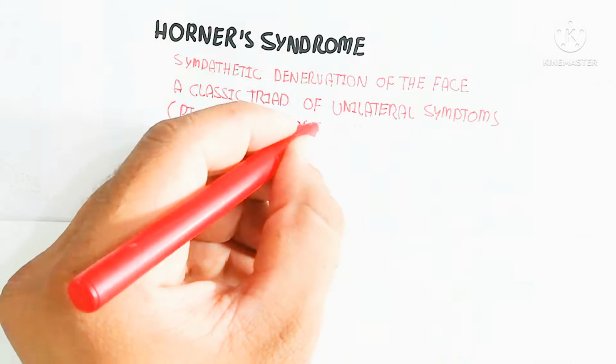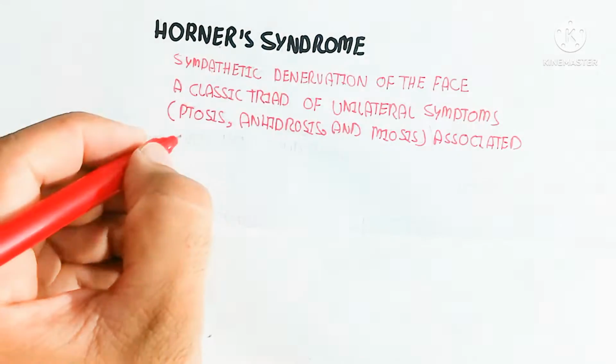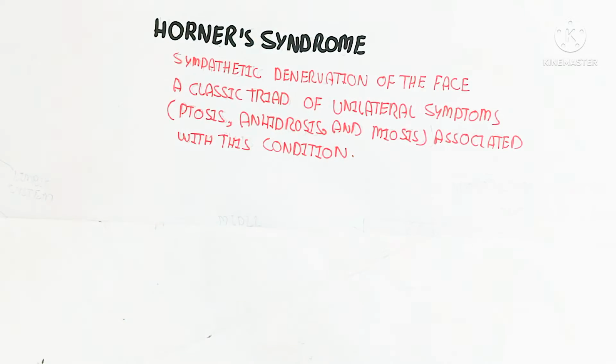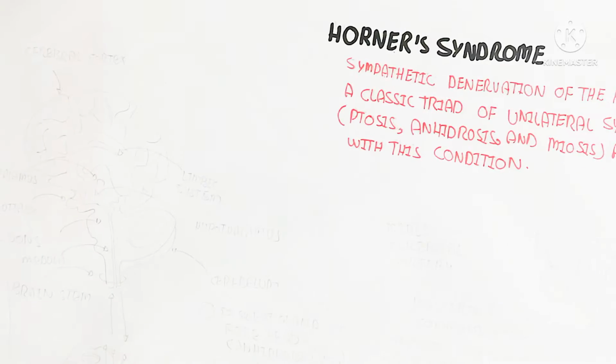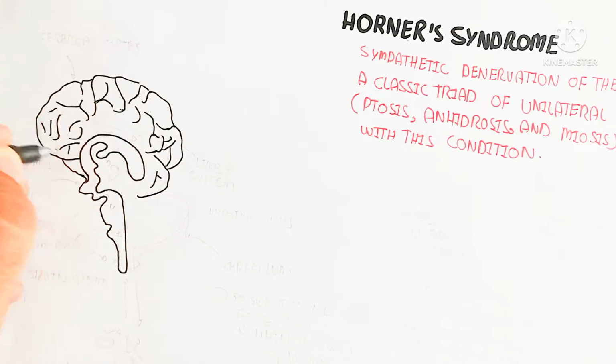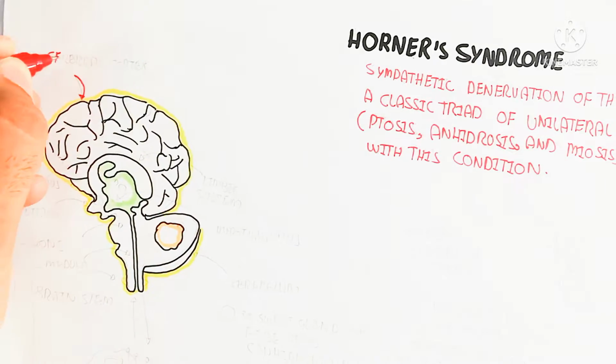Ptosis is basically the eyelid not opening completely, anhidrosis is basically not sweating, and miosis is a constricted pupil due to the sympathetic nervous system failing, rather than dilation. So, to understand Horner syndrome, let's begin to understand first